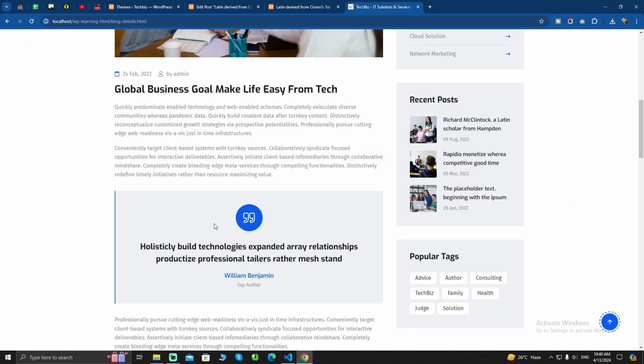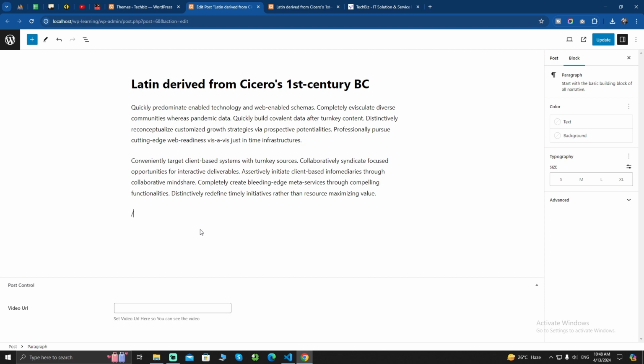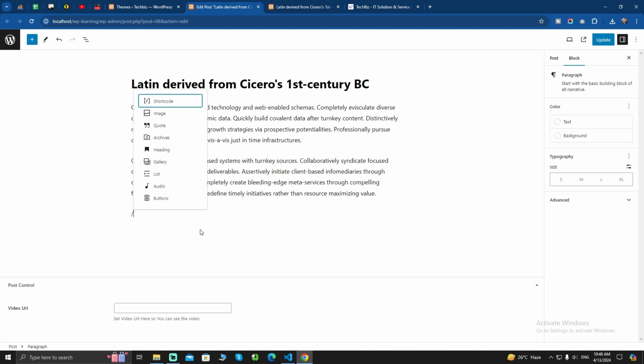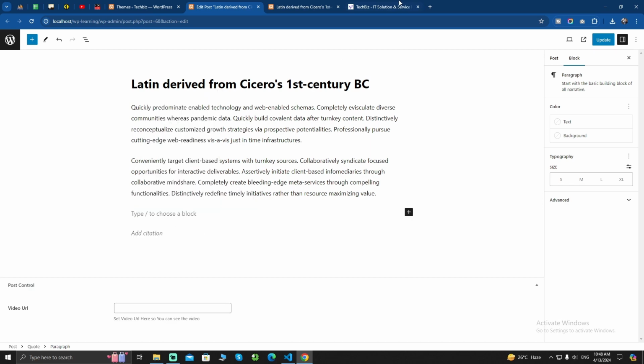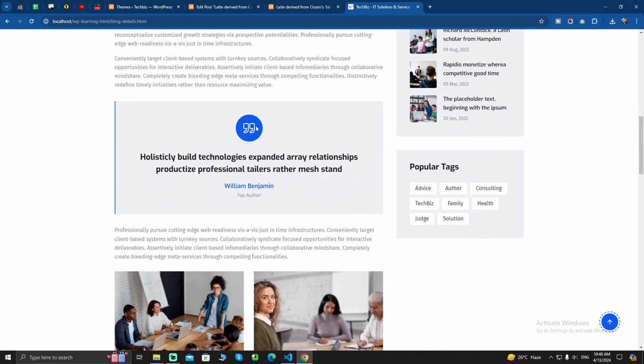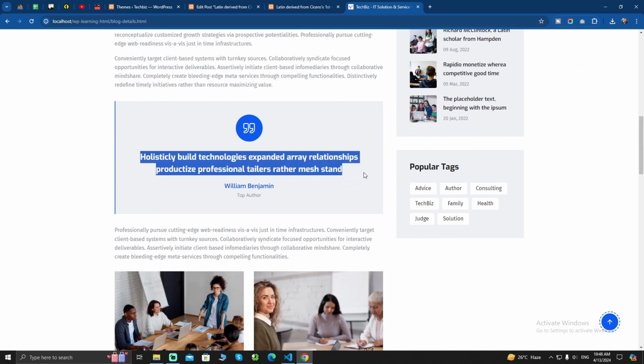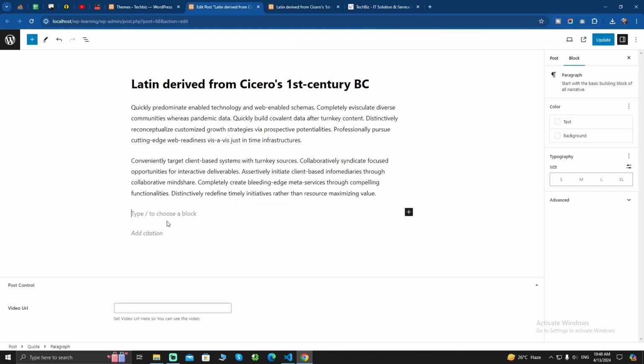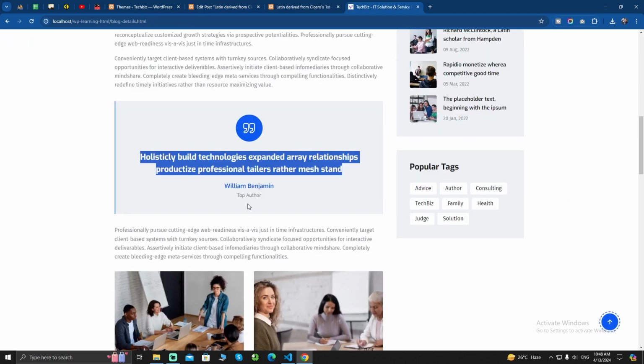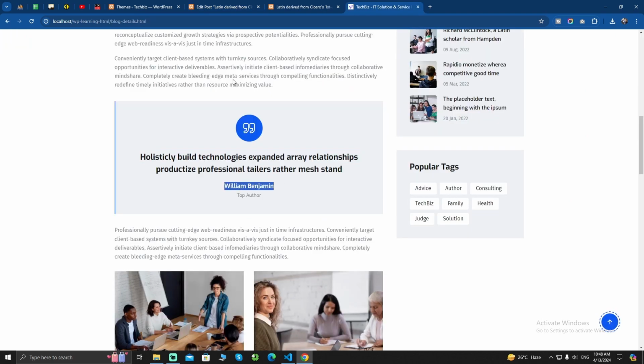Then here you can see the block code. So I'll choose here, there are pre-built blocks here for the code. So that is code, and I will type this title here, and the citation means the author name. Okay,